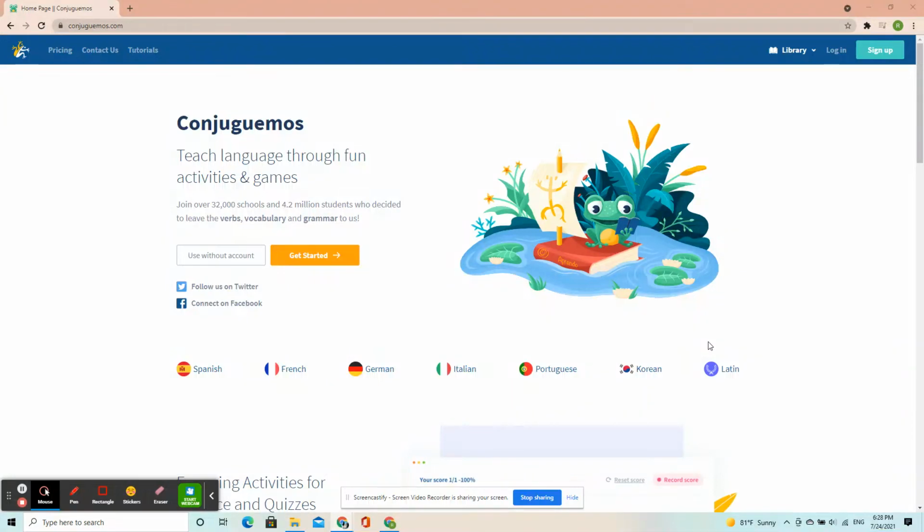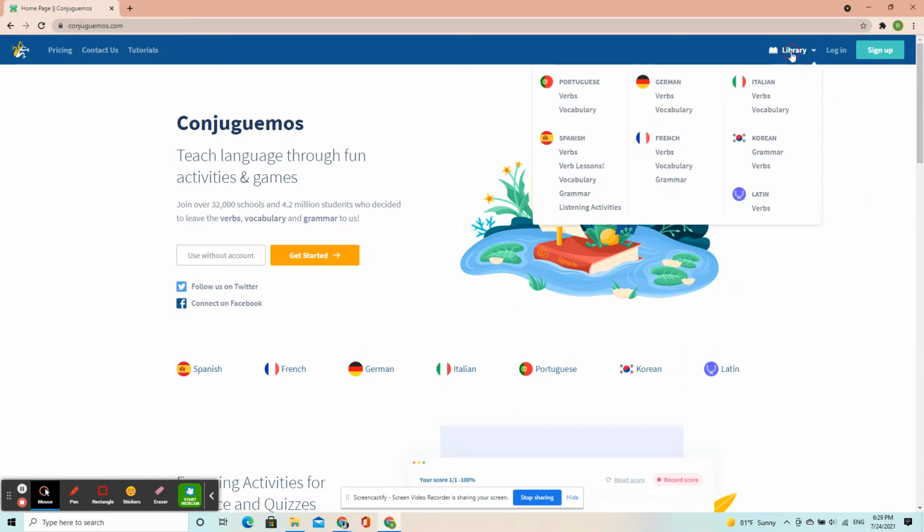Hi, today we're going to talk about Conjuguemos.com. It's a great site where the kids can practice their language skills in Spanish, French, German, Italian, Portuguese, Korean, and Latin. First, we click on Library. And for my students who are practicing their verbs, we're going to click on Verbs